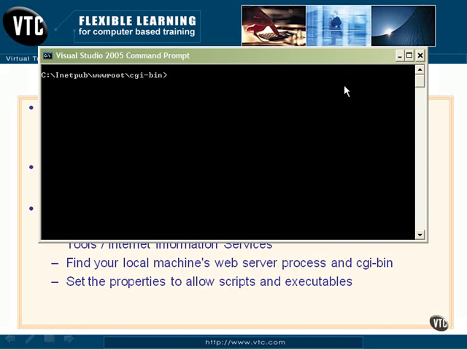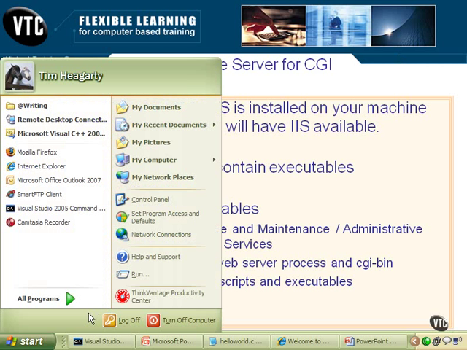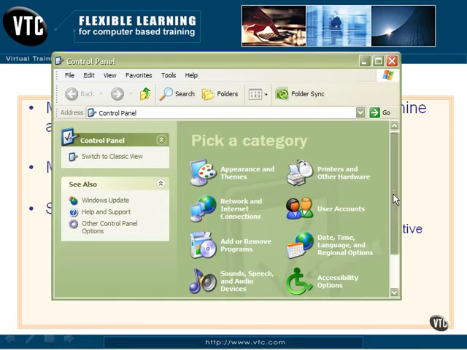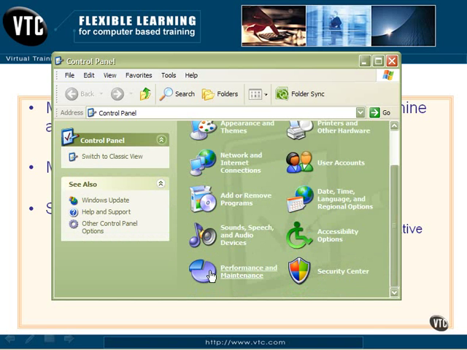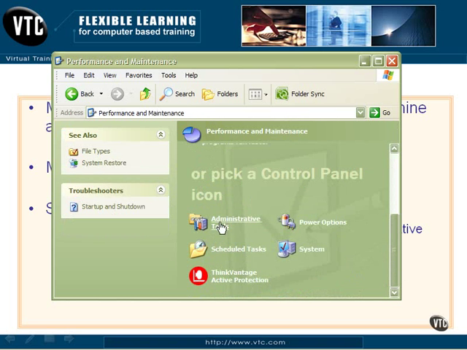Now, one more thing. We need to tell the IIS that this subdirectory that we just created has executables in it. So we need to go into the control panel, and if you have your control panel set to the normal style, normal installation type, it would look something like this. We need to go into the performance and maintenance, and then at the bottom of performance and maintenance, we need the administrative tools. If you have an old style control panel set up, you just need to go to administrative